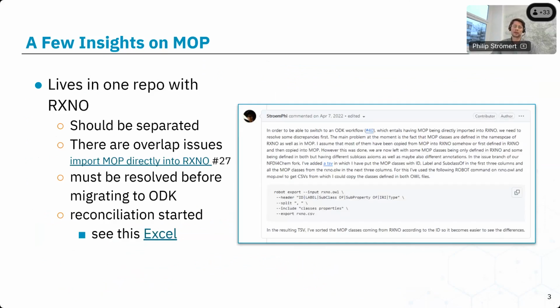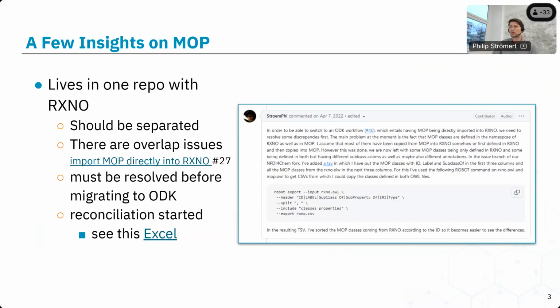But we've also identified the fact that since MOP and Rxno live in the same GitHub repository, they are not really separated well enough. And probably because of that, unfortunately, there is an overlap between the two. So there are some classes defined in the MOP namespace, but actually declared in the Rxno OWL.